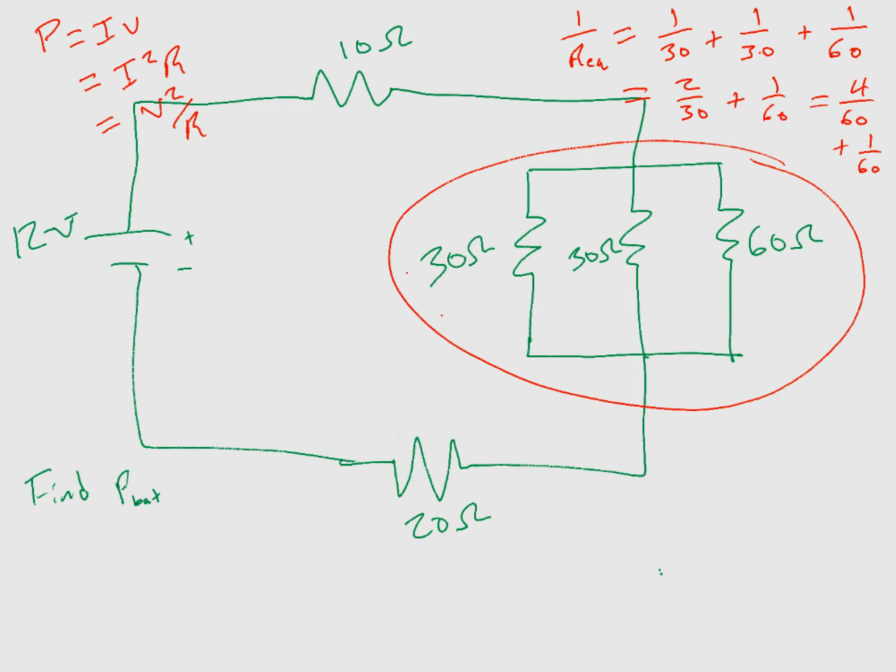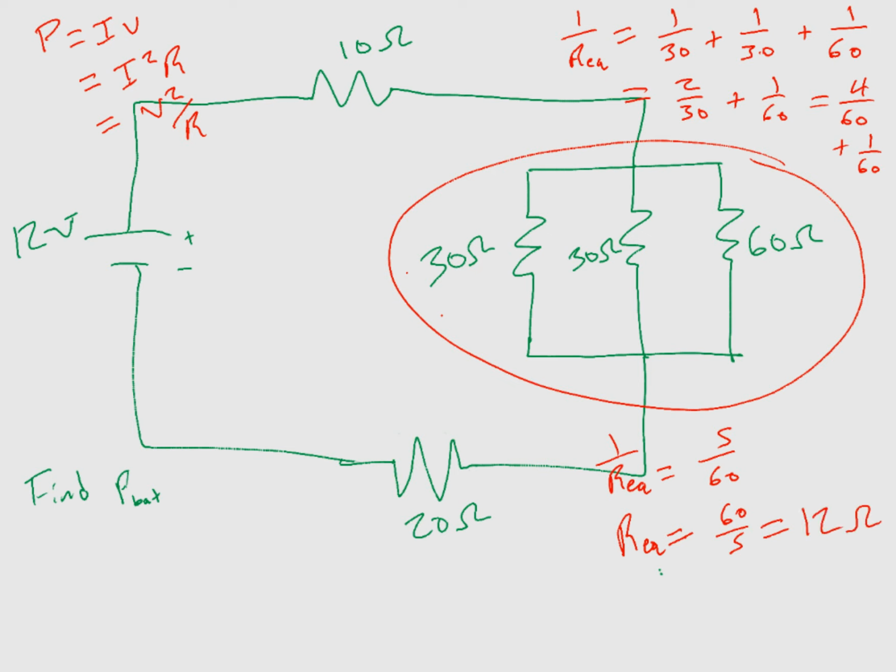I'm going to continue my work down here just to give us a little bit more room. So this ultimately equals 5 over 60. Now if you solve for REQ, which you can do by cross multiplying, or you just flip both sides of the equation at the same time, well, this is going to give you 60 over 5,